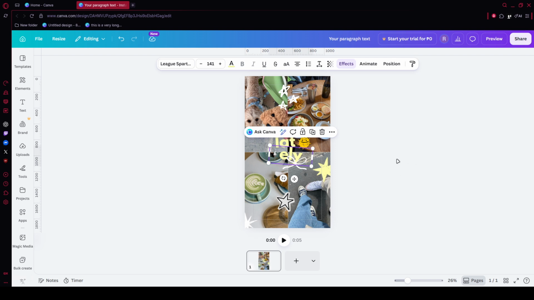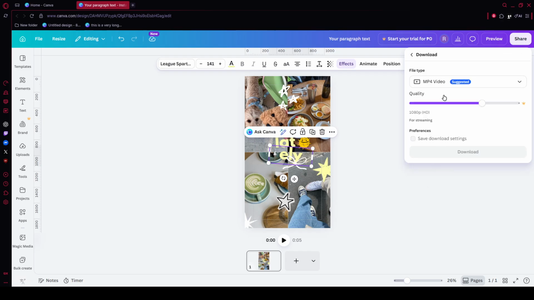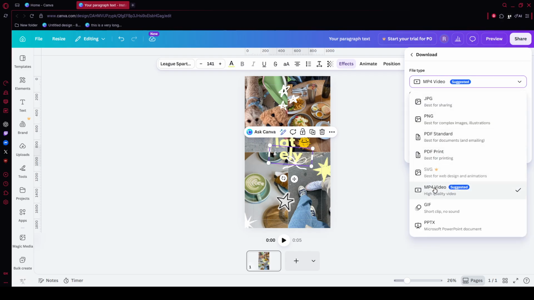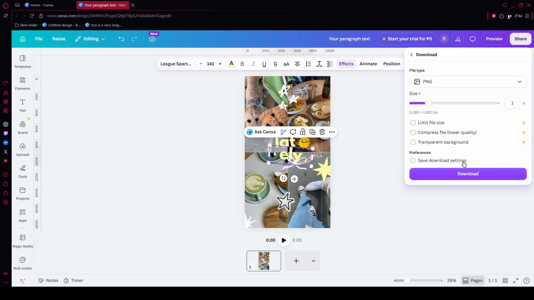When you're done, zoom back out to review the full design and check that everything is aligned the way you want. If it looks good, go to Share in the top right corner. Click Download, choose PNG as your file